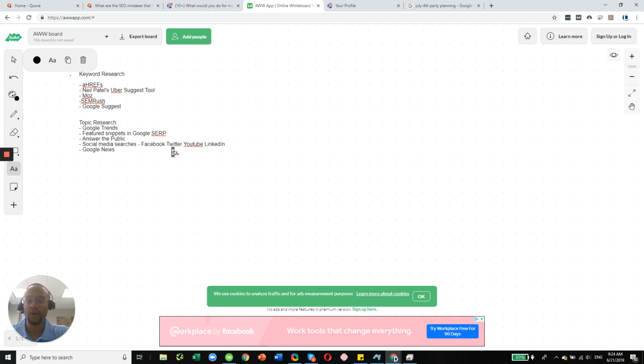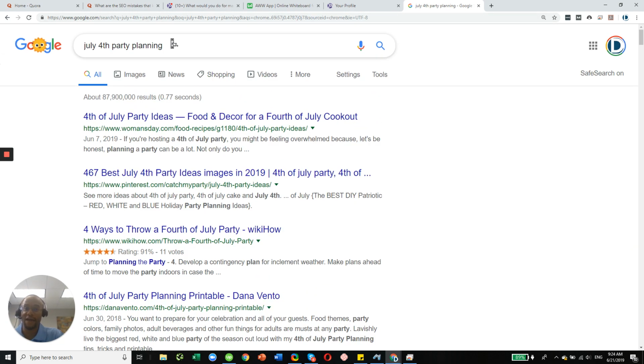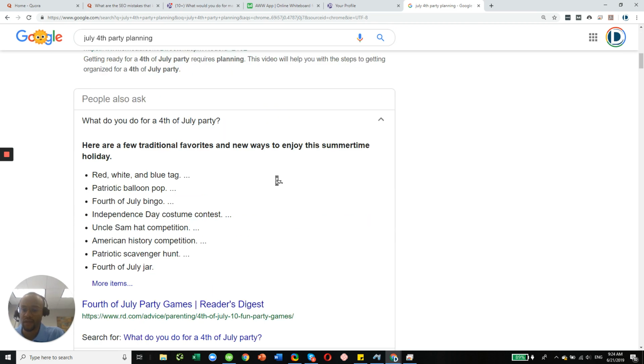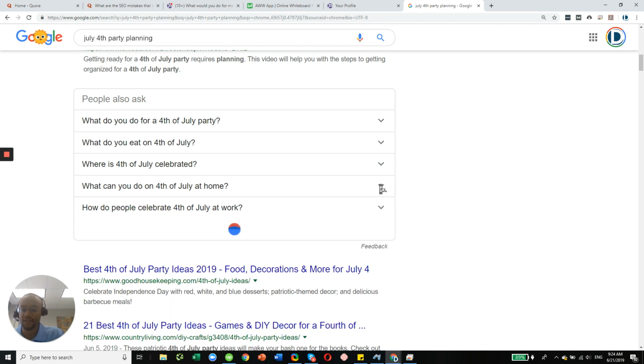But there are ways you can optimize your content for SEO without making it too keyword-y and too SEO-y. That's what I like to call it. So let's say you are writing an article about July 4th party planning. What I would do, and this is something that will allow you to get more detailed in your content, is look at what questions people are asking, and then make sure that you set those questions as subheadings in your content and also provide a very good answer.